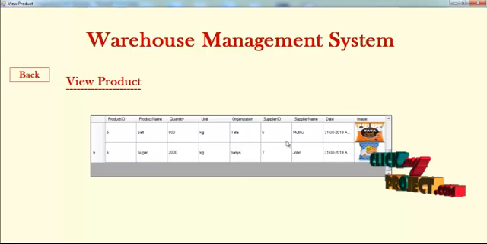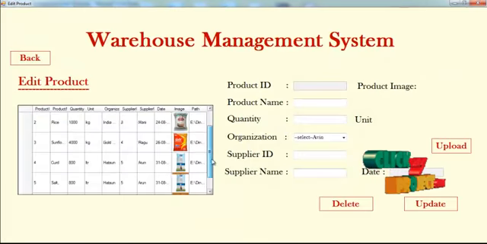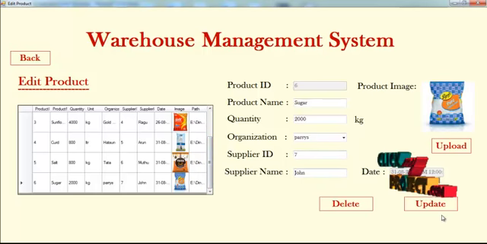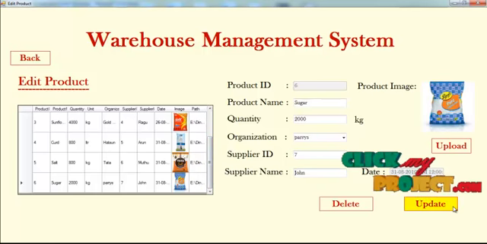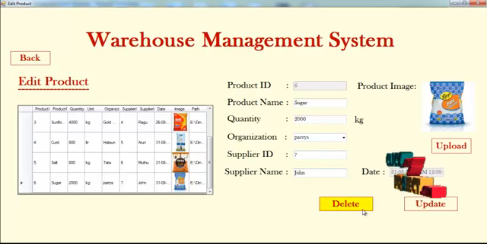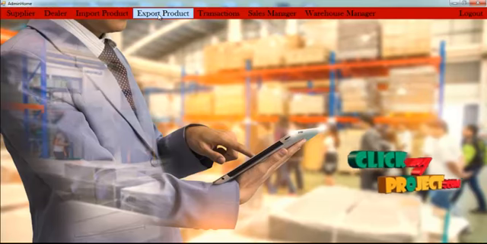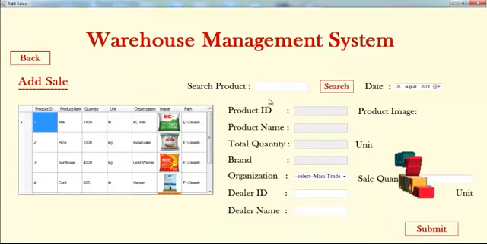View the product, then edit the product. Click the update button, the data is updated, or else click the delete button, the data is deleted.